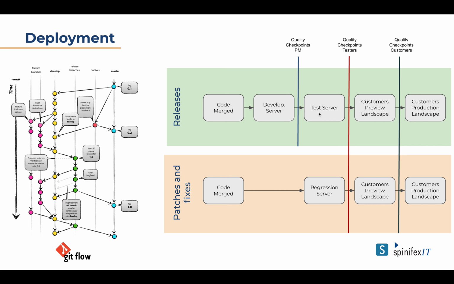So we have two types of test server. The first one is the main test server where our testers are really testing the release, and they have their entry criteria and exit criteria. And we do have a second test server where we test the upgrade. So what we do is we copy a customer system, and then we test the upgrade, do a few tests on that server too to see if everything works well. And if yes, then that's the time we decide to move to the preview landscape.